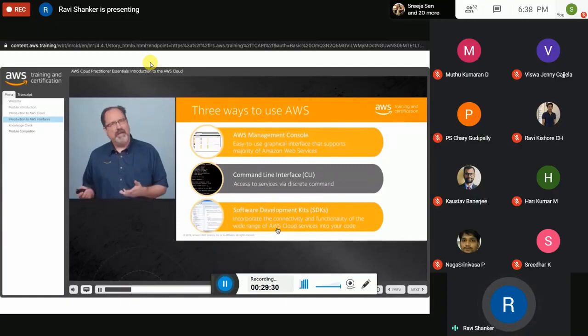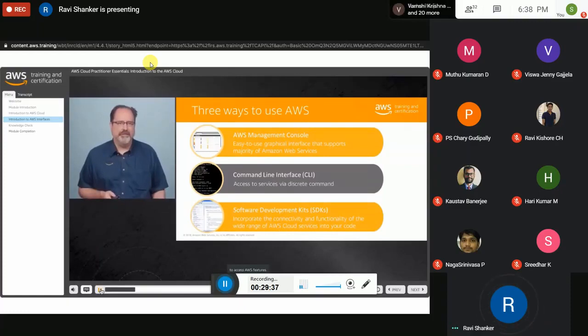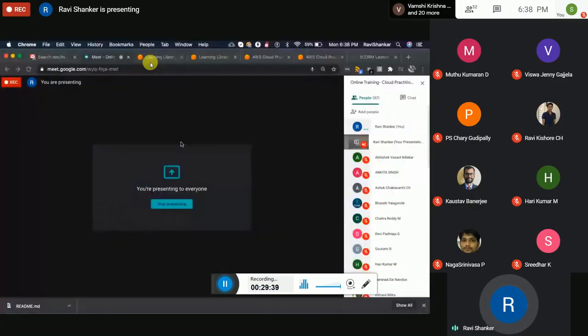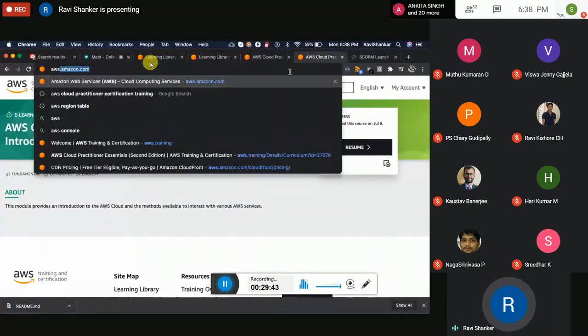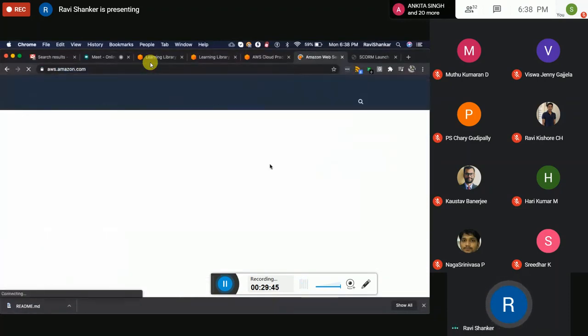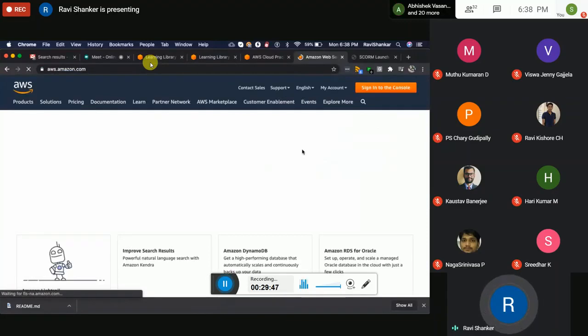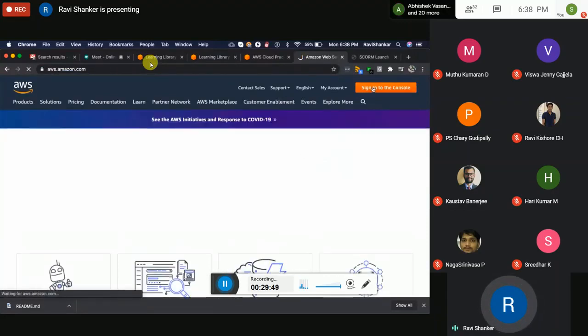The AWS Management Console provides a graphical interface to access AWS features. So what is the management console? Most of you would have seen it, but if you have not seen a management console, here's what it looks like. So aws.amazon.com, you sign into the console,